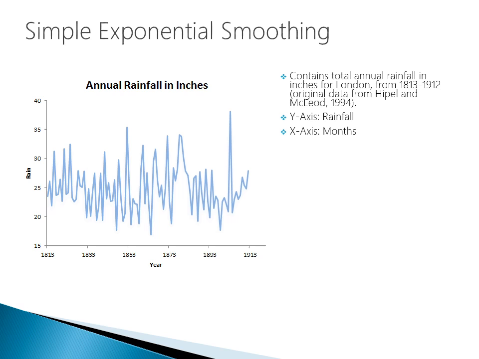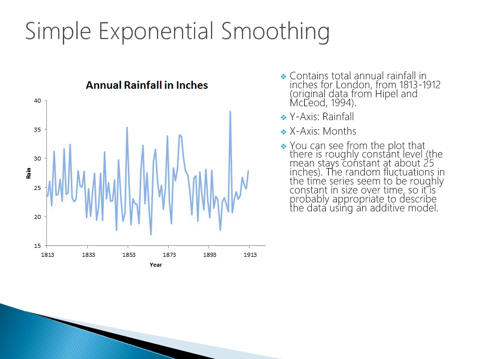On the y-axis, we have our rainfall, and on the x-axis, we have our years. We can see from the plot that there is roughly a constant level. The mean stays constant at about 25 inches. If we look at this graph, we can imagine putting in a line for 25 inches across the horizontal, and we'd see that all the peaks and troughs would cut through this line in the middle. The random fluctuations in the time series seem to be roughly constant in size over time, so